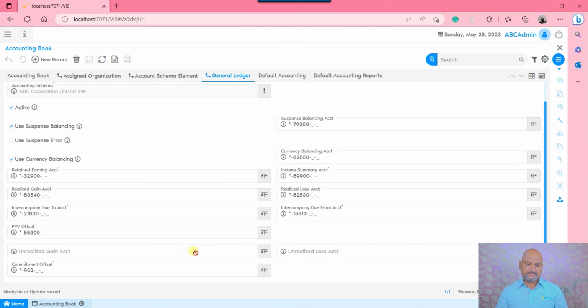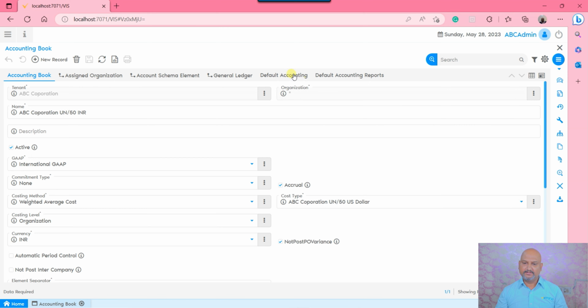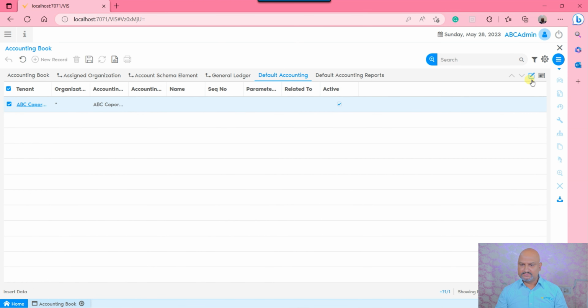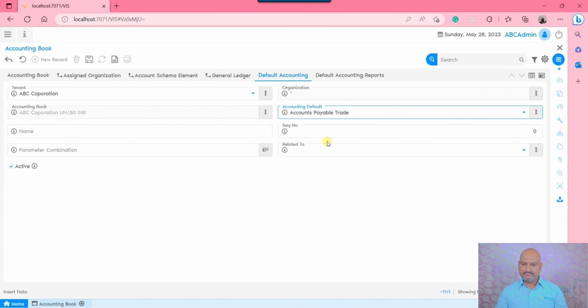You would be able to see unrealized gain and loss is presently not functional, and would become functional later on. So you would be able to see the general ledgers are generated here. Now we just need to link the default accounting. The default accounting report is presently not functional. So let's see how we can link the default account with our accounting book. Either you can do it the first way, I will go and search, select, and enter the name,